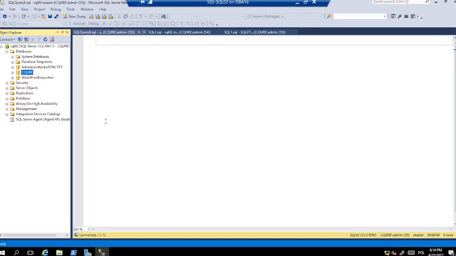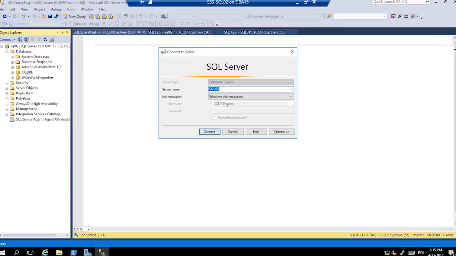I will not switch to the second server on the remote desktop connection. I will just connect using SQL Server Management Studio to a different server. So let's choose it. The second server's instance is a named instance, so I need to provide the name of the instance after the backslash after the name of the host on which it's hosted. So connect,